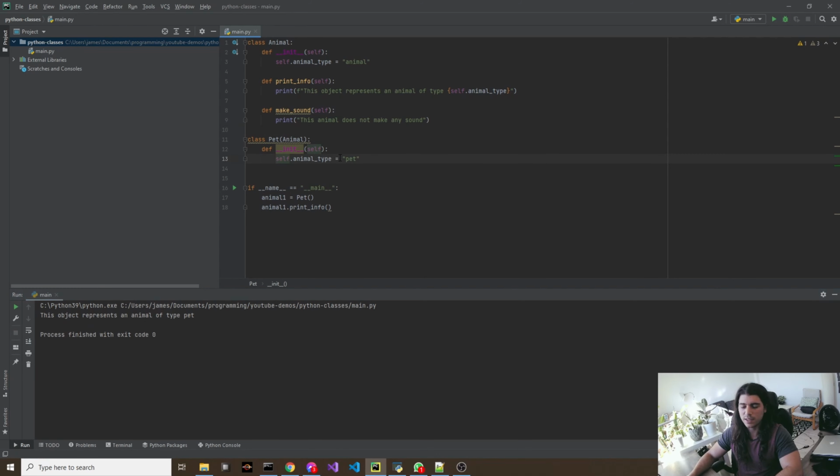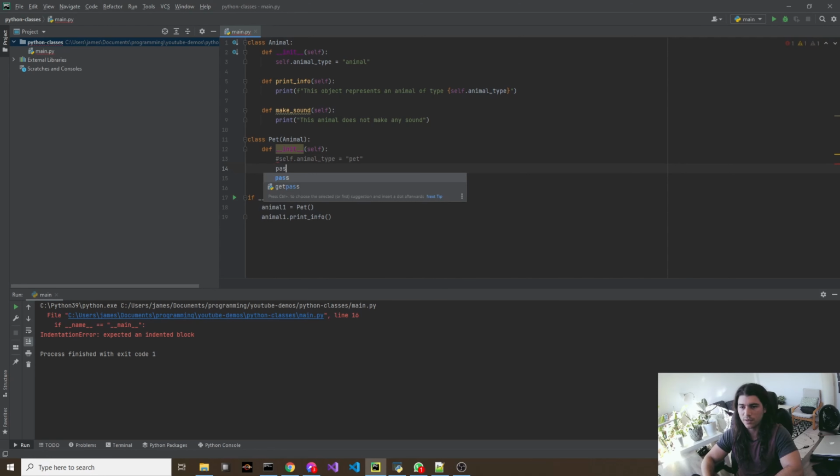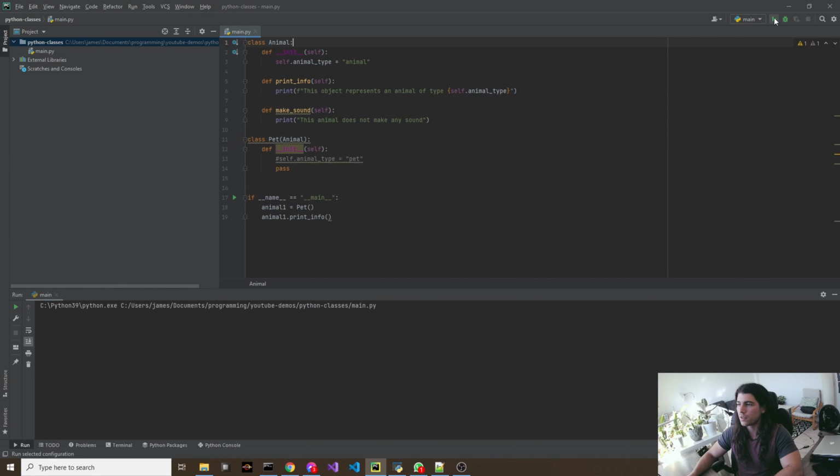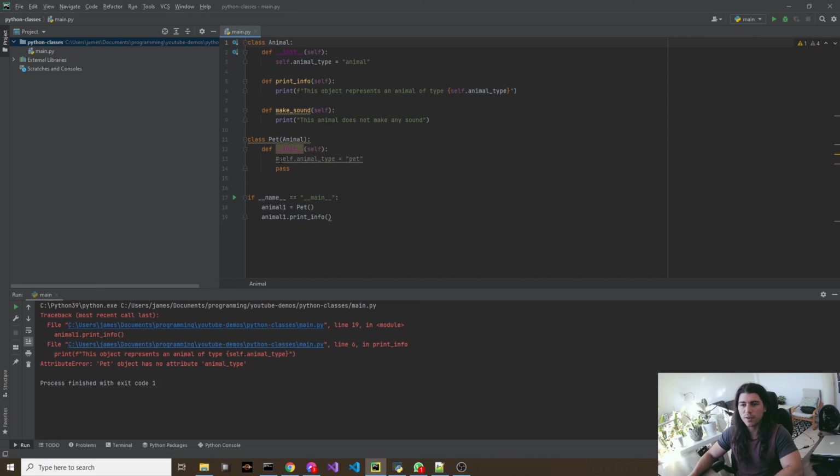One final thing is if we didn't do this and then try to run it, well, first we need to put nothing in here. So let's put nothing in the initialization method, and then let's run it. Well, there's an error because we never actually created the animal type instance variable anymore, because we're not calling this anymore because we removed it, and we never set it in here. So when we call print info down here, print info is going to try to find self.animal_type, but animal_type's not defined anywhere. We never defined it in the initialization of pet, and we didn't call the parent constructor up here, the initializer. So let's move this back,